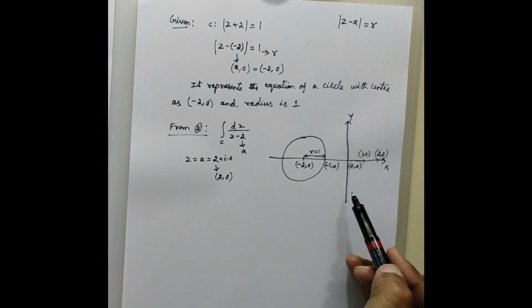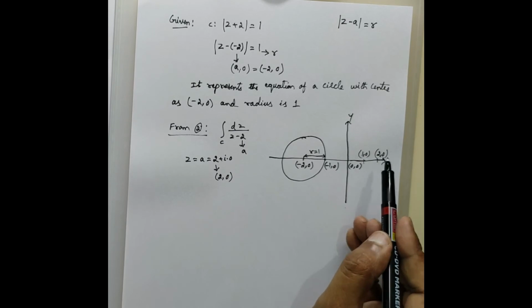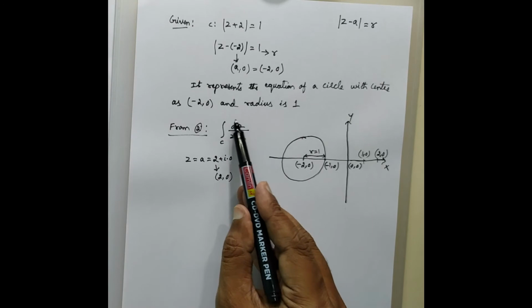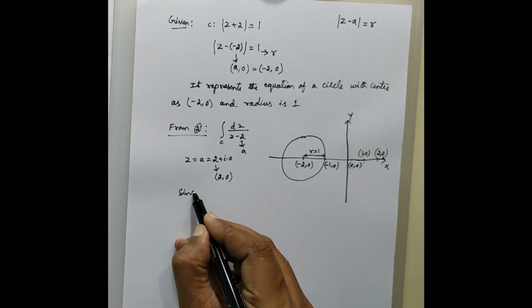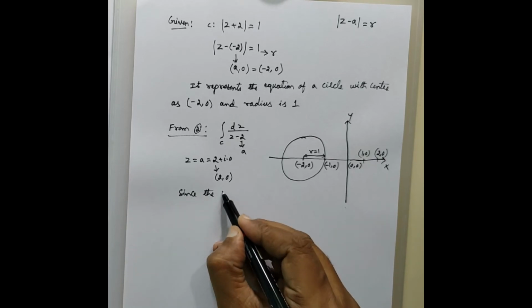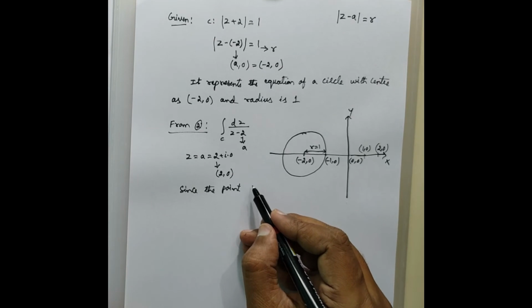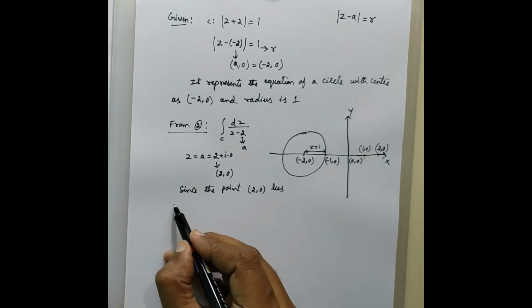So therefore from Cauchy's theorem you can say that the value of the integral will be equal to 0. Therefore let me write down the integral value. The integral value will become equal to 0. So since the point 2 comma 0 lies outside the circle,